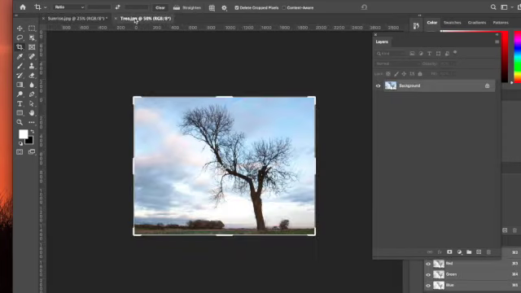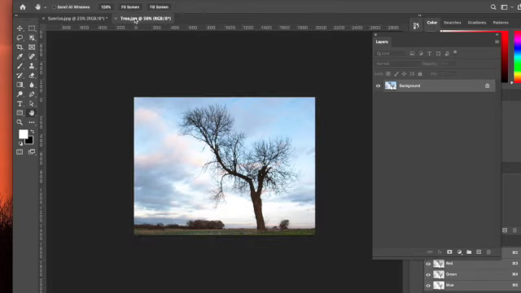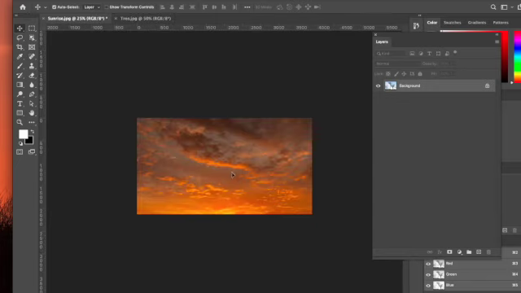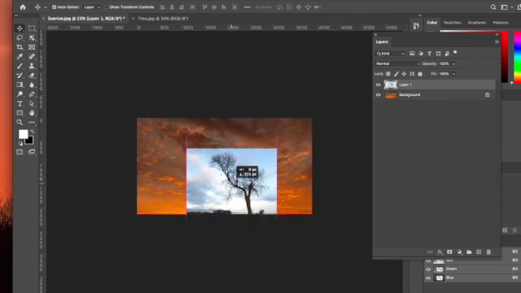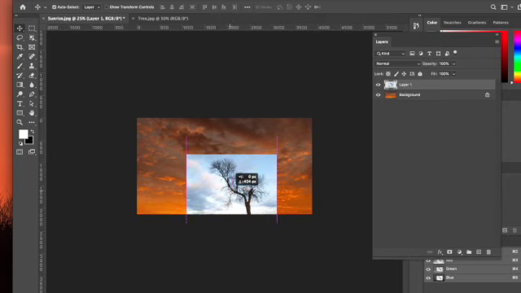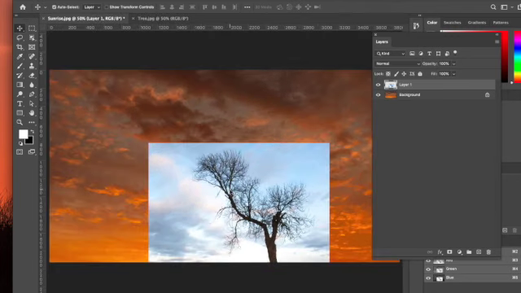Next, we bring up our tree image. If the crop tool is a little intrusive, then just press H for hand, and that'll stop it trying to crop everything. And then if we press V on the keyboard, that will activate the move tool. Then we can simply click and drag the tree up and down and into the sunrise image. Place it fairly low within the picture space,